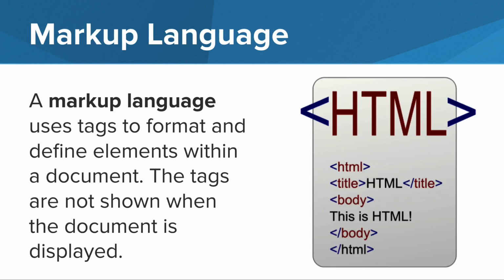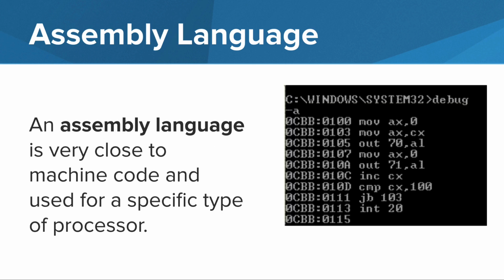There are also other types of computer languages as well. You may have heard of HTML, which is used to design web pages. HTML is a type of markup language. A markup language uses tags to format and design sections of a document. When the document is displayed, the tags are not shown. A processor such as the one in your computer understands only machine language instructions or binary. These instructions are just too obscure and complex for humans, so the low-level assembly language is designed for a specific family of processors and represents different instructions in symbolic code that's a bit more understandable and less difficult to work with.